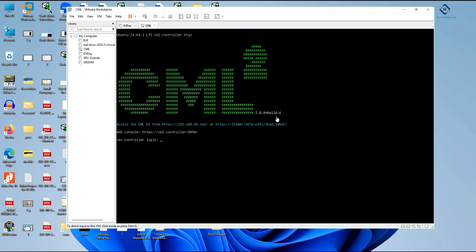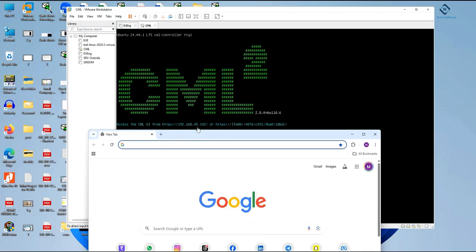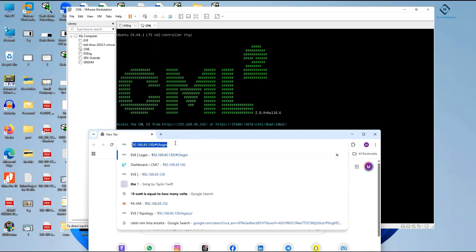Hello everyone, so now we are going to do some lab in the CML, Cisco Modeling Lab. So let me show you how we can do the lab. You get the IP here, you need to type this IP in the browser. So I will write here